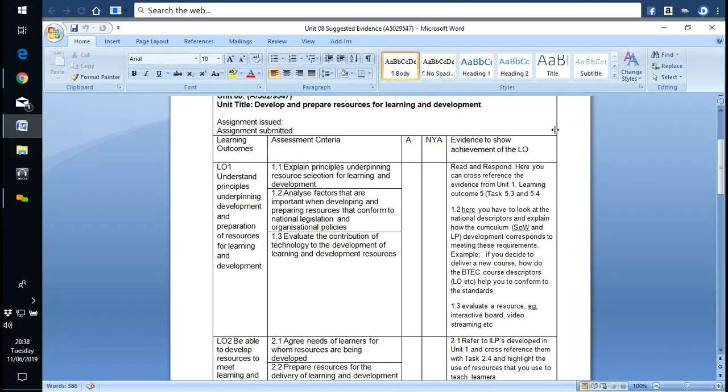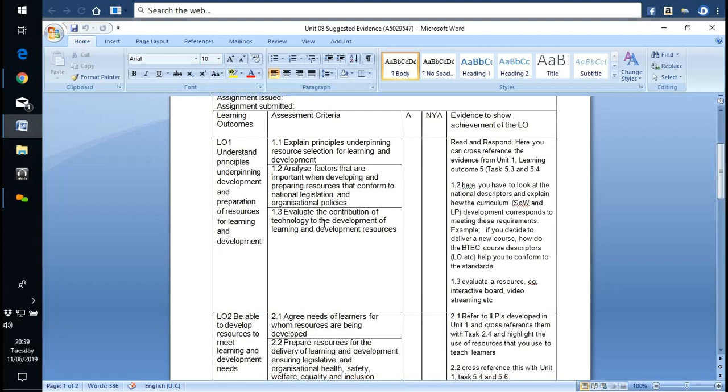So, it's understanding principles underpinning development and preparation of resources for learning and development. Now, you may have covered quite a lot of this already. That's why it's a particularly fast unit. It's explain the principles underpinning resource selection for learning and development. Analyse factors that are important when developing and preparing resources that conform to national legislation and organisational policies. And evaluate the contribution of technology to the development of learning and development resources, so anything technological that you use, whether it be iPads, whether it be interactive boards,